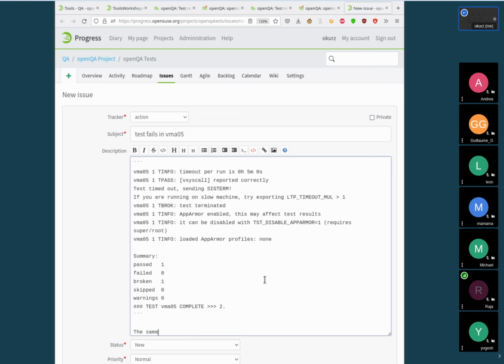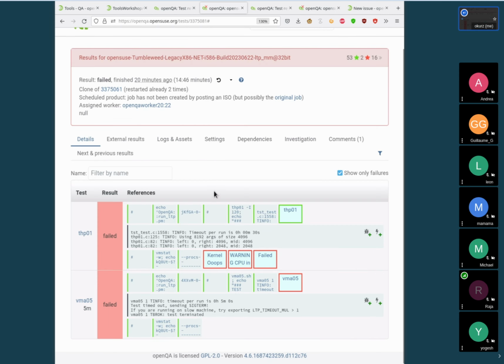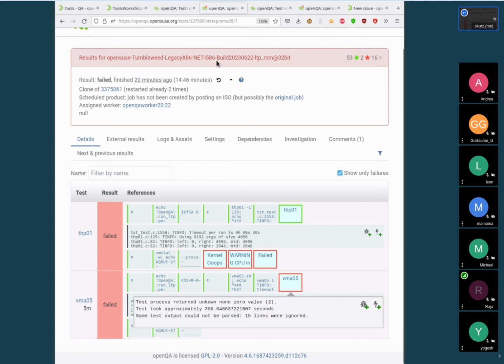The same error shows up on other architectures here. For example, that one